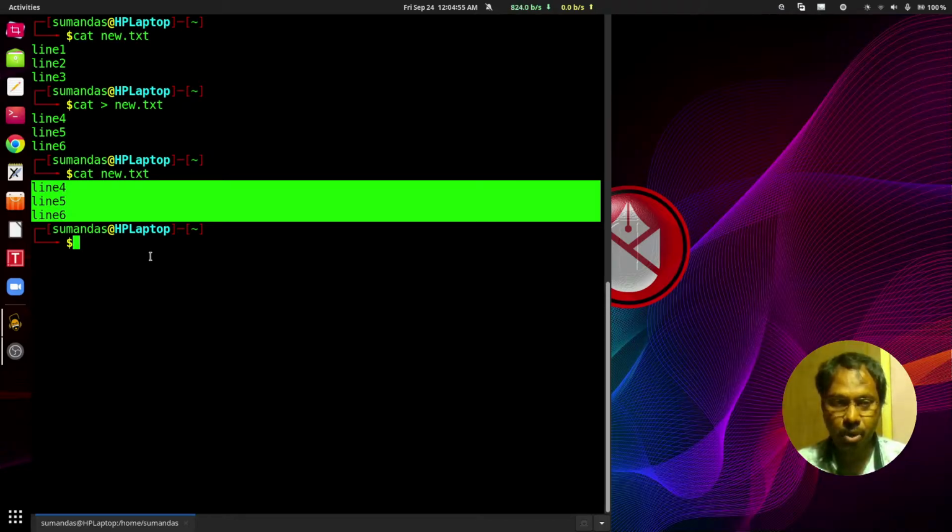To overcome this problem, that means to append to the file content, so that whatever the content previously was, and whatever content we want to add, both should be in the file, we can use cat, then double angle brackets, and then the name of the file where we want to append.